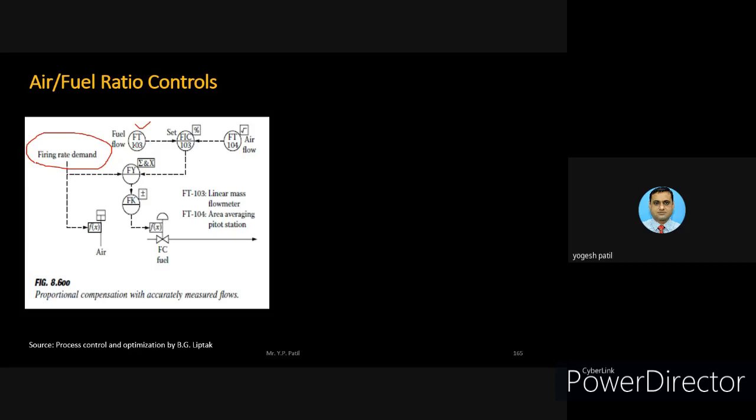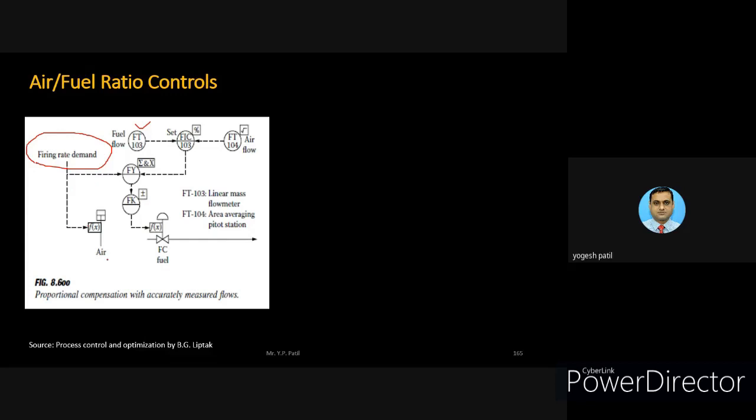You can see that here the fuel flow gets measured with the help of this FT103. Once the fuel flow is measured, it gives output to the flow indicating controller. This flow indicating controller also gets output from the air flow transmitter. So there is a flow measurement on the air side and also on the fuel side. This air flow acts as a set point for this flow indicating controller, and its output is given to the summation unit. This summation unit further gives a signal to the fuel control valve. So based on this ratio arrangement, we can maintain the fuel flow as well as the air flow.